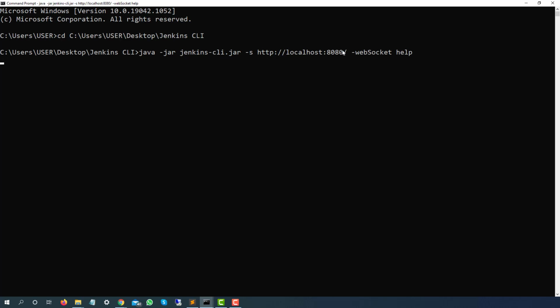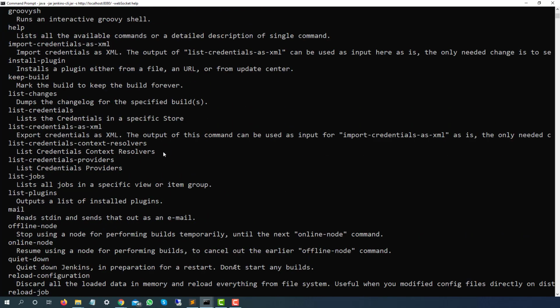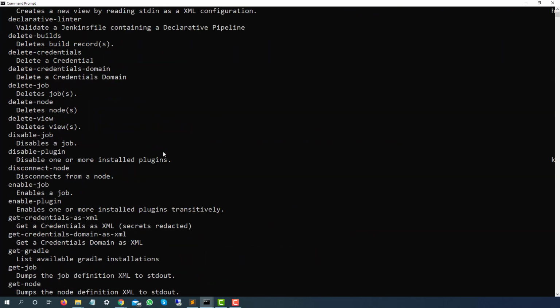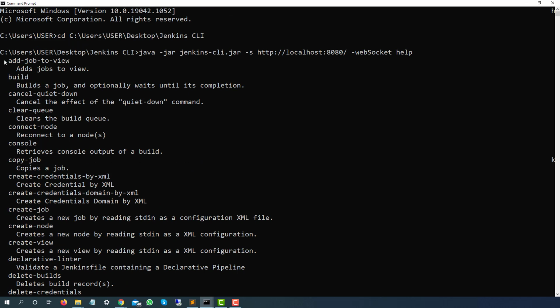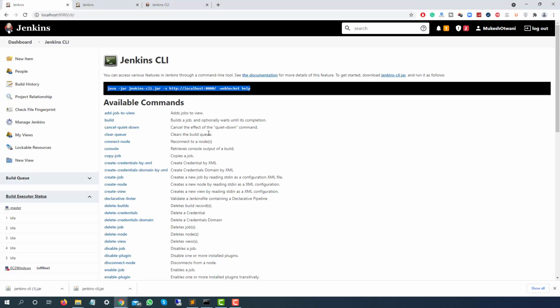The moment I execute this WebSocket help command, you can see it gives me the different commands which exist: add-job-to-view, build, cancel, clear, connect-node, console, everything which is listed here. It is giving you all this information, so this is working fine.